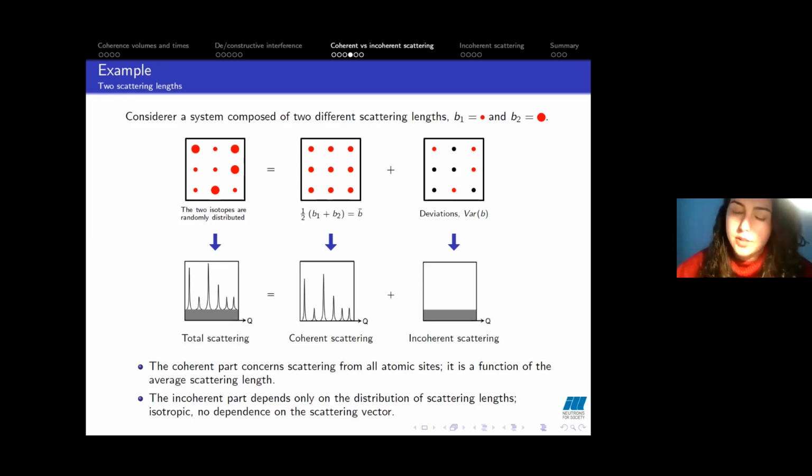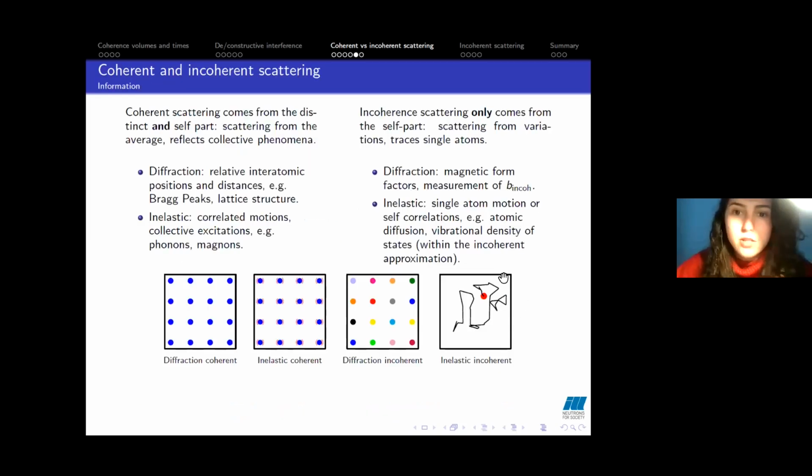and incoherent scattering? Well, it really depends on the kind of experiment that we do. And I'm sure for every PhD project, each one of us specializes on different kinds of experiments. So we study different things. But in general, because the coherent scattering comes from the distinct and the self part and is a scattering from the average, we usually are looking at collective phenomena. So for example, in this case, in diffraction experiments, we get